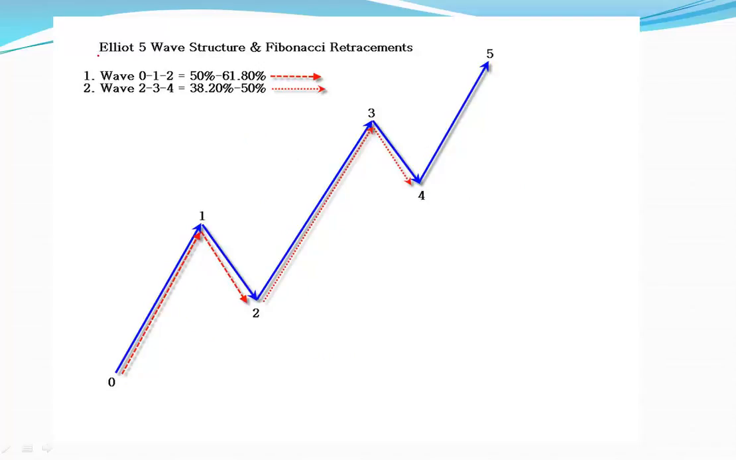Now, the Elliott wave structure and Fibonacci retracements are important. All right, Elliott wave from 0 to 1 to 2. So we go from 0 to 1 to 2. Now, right off of this area, okay, I'll tell you what, let me just redo that. All right, it's 50%